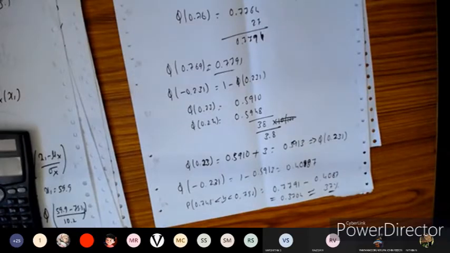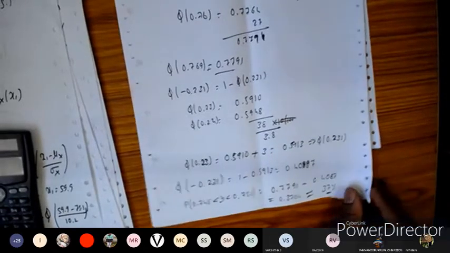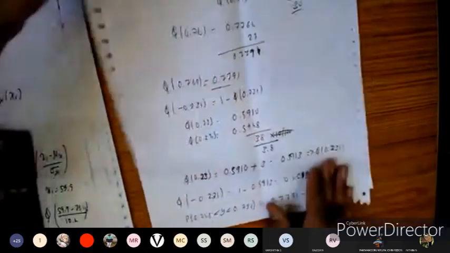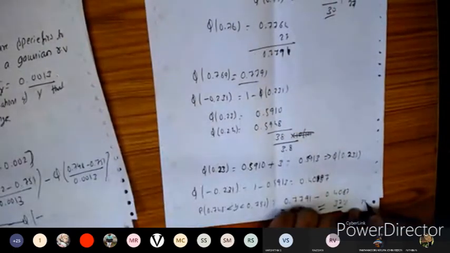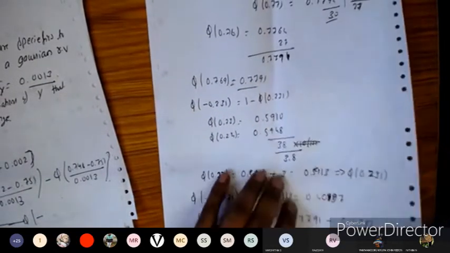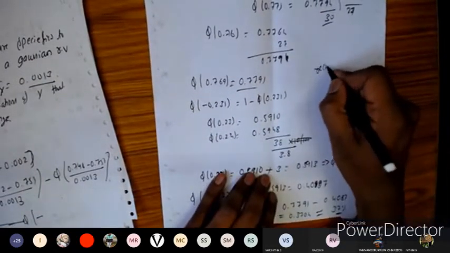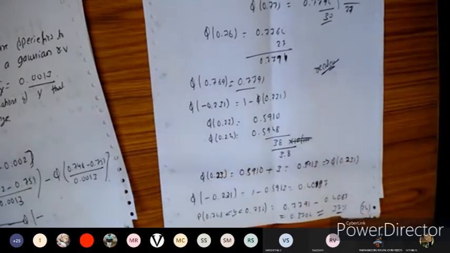So done. Like this, we can find out the probability of the factors. Actually, there are some calculation mistakes here, I guess. So we can verify the calculations part here. I think in your calculator you have to keep the scientific mode properly, otherwise you are going to miss some decimal points here. So you can recalculate this one.